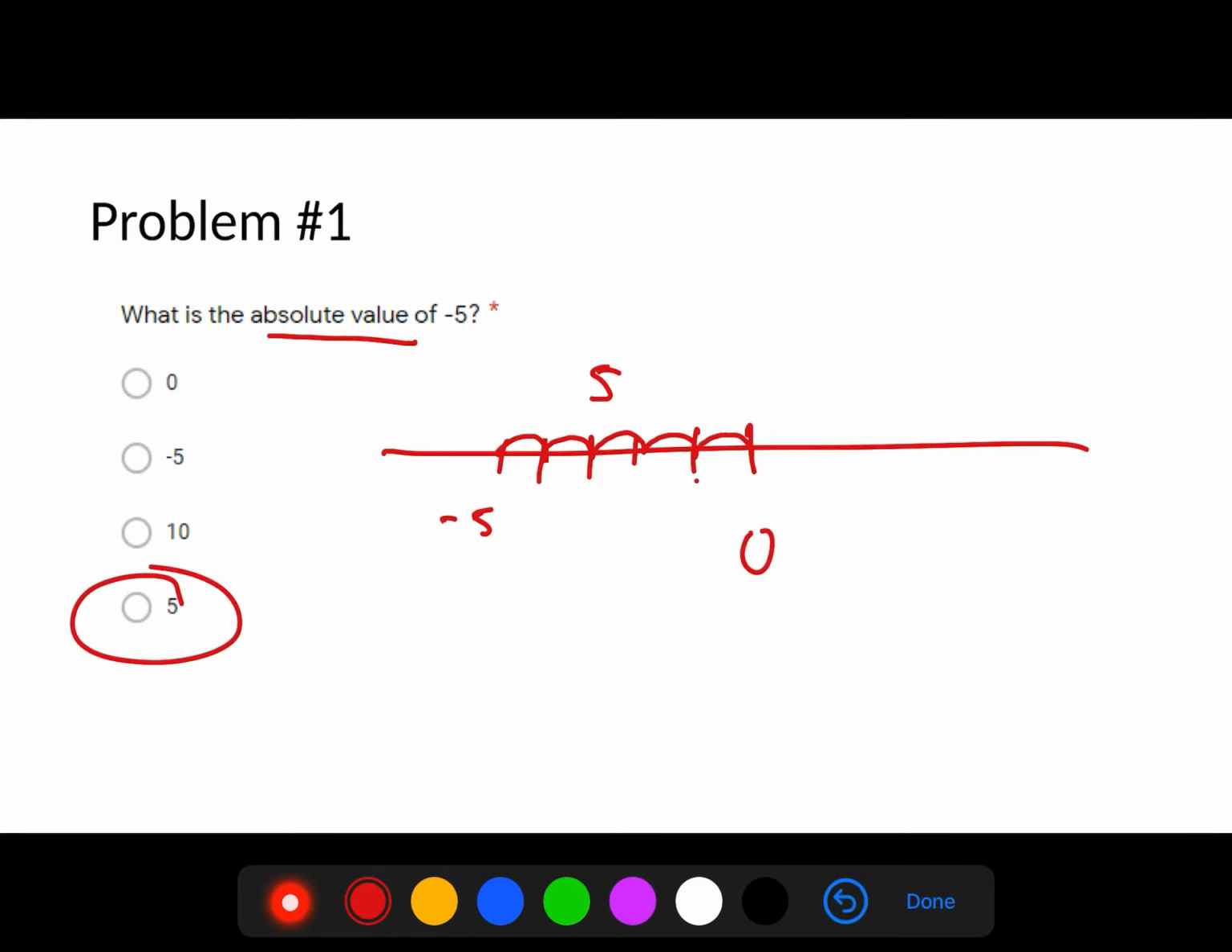Absolute value does not mean opposite. Some of you think that it means opposite. It doesn't. For example, the absolute value of positive 5 is also 5, because it's about how far away it is from 0. Next one